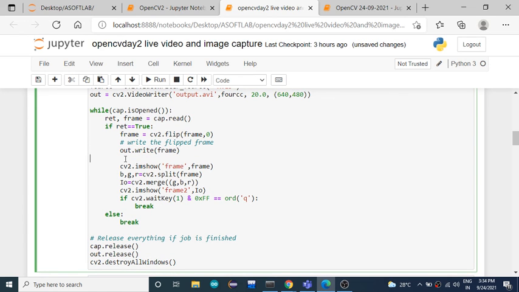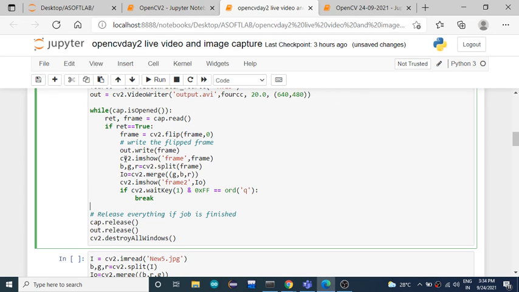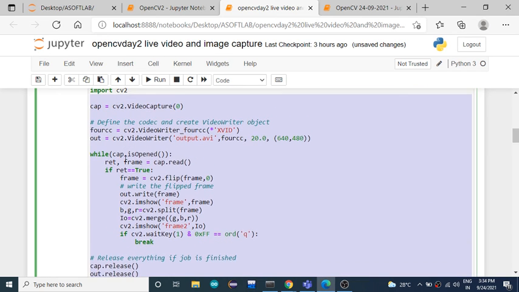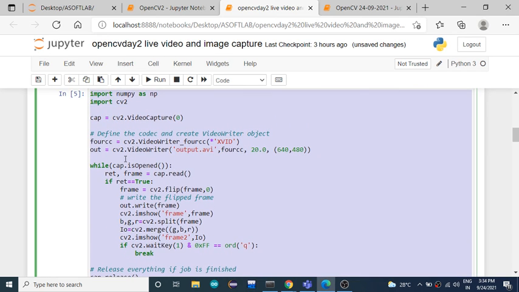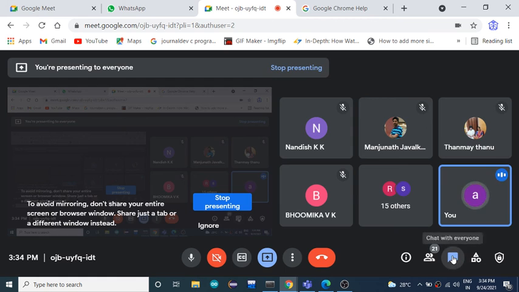So this is the code for capturing a video and creating our own images. I'll send this in the chat box. Please check it out and execute the same.